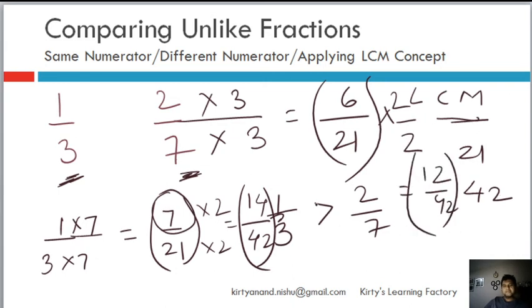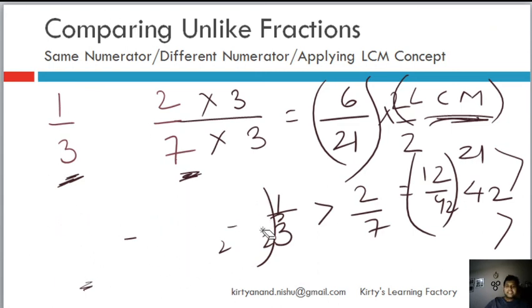But the thing is, when we can do a simpler multiplication, why do we go for a higher multiplication? Which is why we find the LCM. Greater than the LCM, obviously multiples of the LCM, you can continue to use and you will get the same result. But we find the LCM because here you will have to multiply by 7, but here you will have to multiply by 14. So why unnecessarily multiply by 14 when you can actually multiply by 7 and get the result? So that's how, when the denominators are different, you can convert the fractions into like fractions.